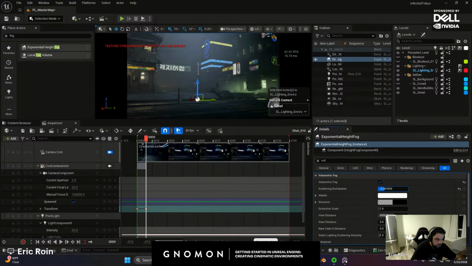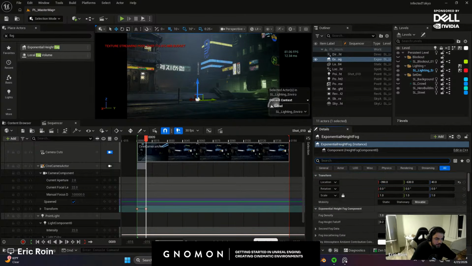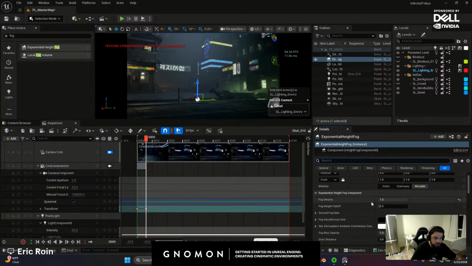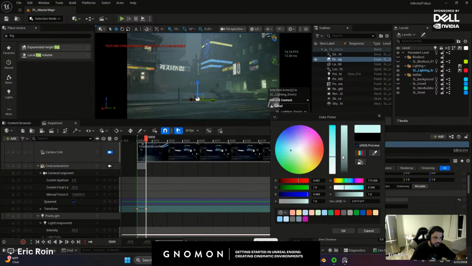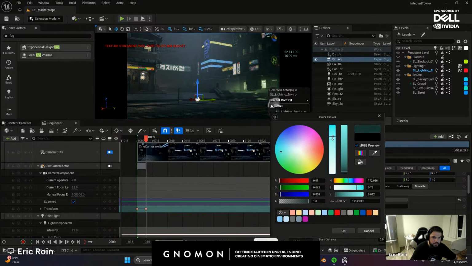Now, by default, this fog is going to be black. This matters more if you have a daytime and nighttime cycle in the game. But if you're only going for nighttime scenes, you're safe to change it. And we don't have to make it super bright, like this is, obviously an overkill. We can still keep it rather dark, but then infuse some color into that.